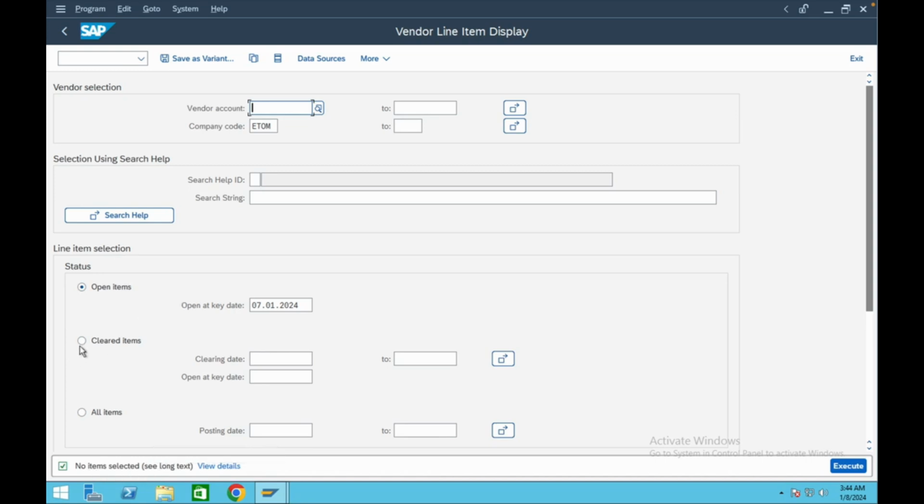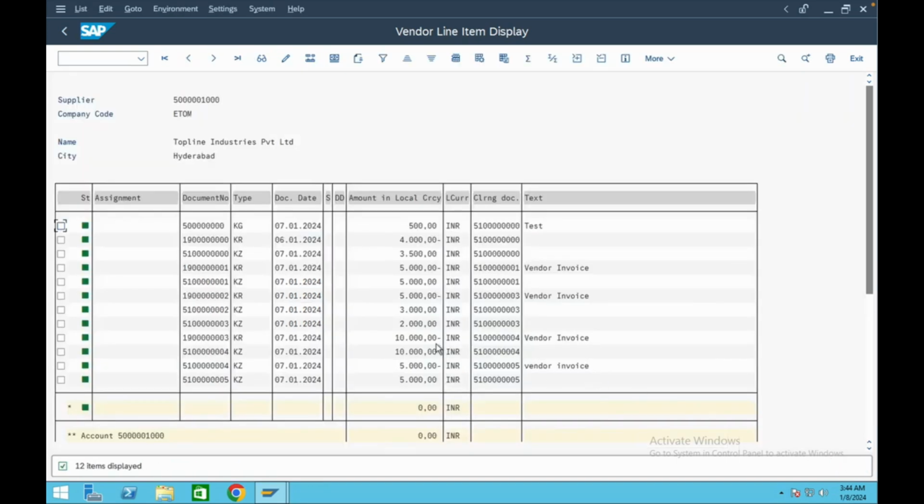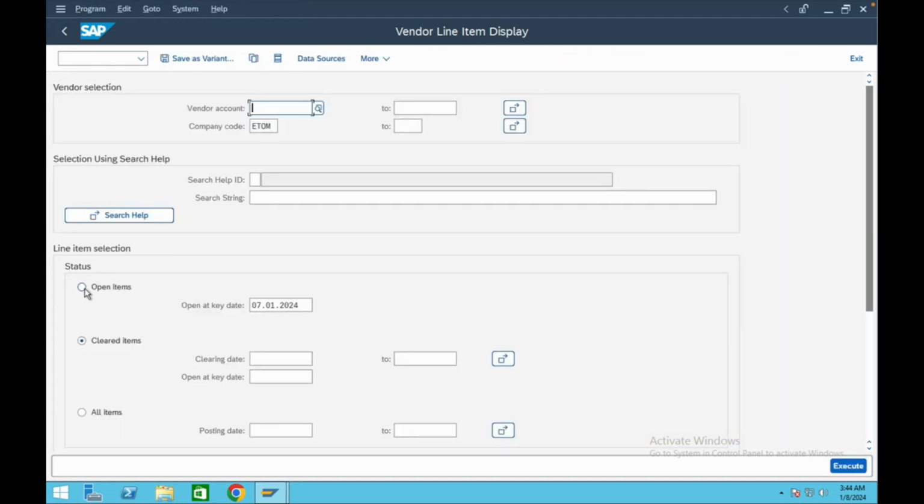Let's click on the cleared item radio button and click on execute. You can see that all the invoices are already cleared, because of that it is not showing even a single line item in the open items. So first, let's create one vendor invoice, and the transaction code for the vendor invoice